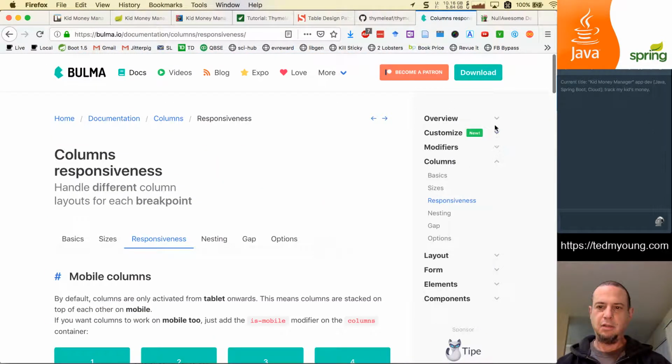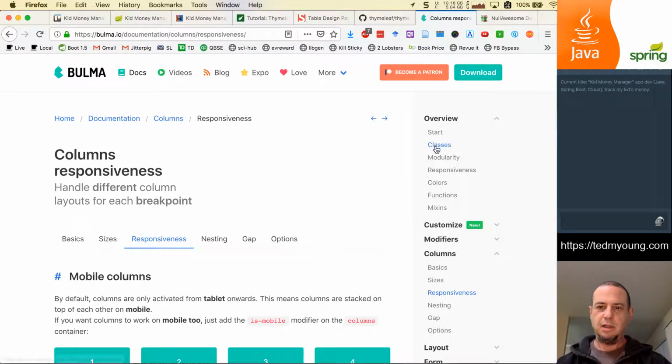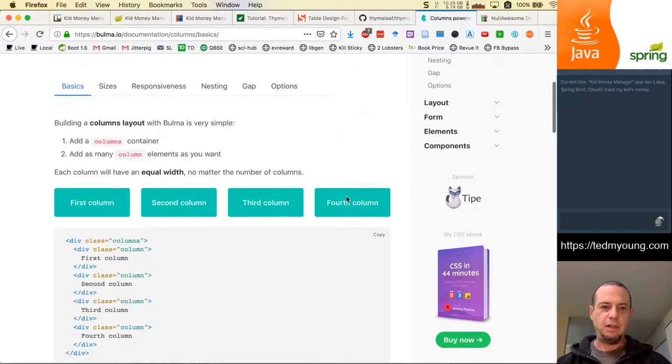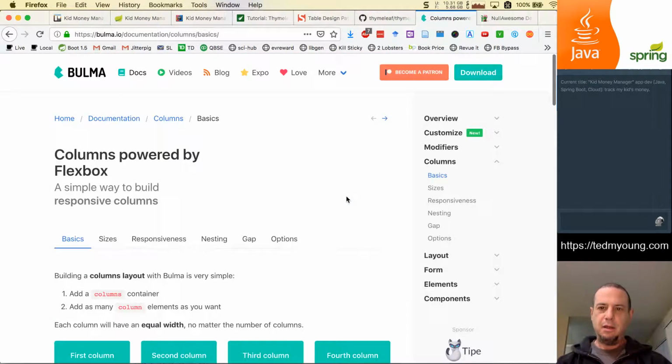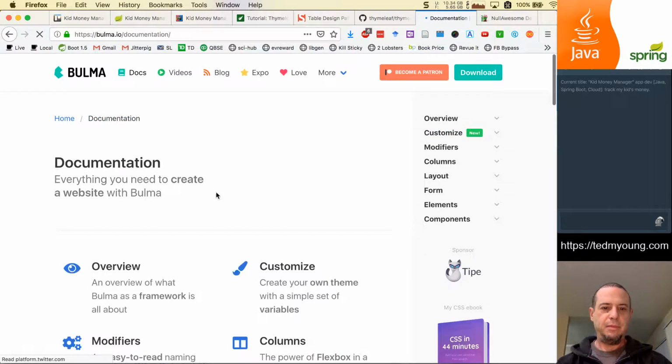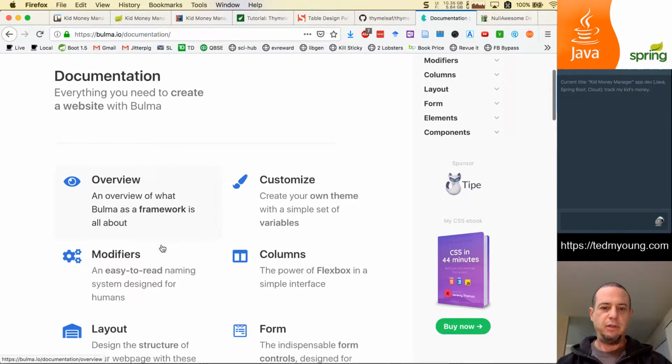I kind of just want like the basic thing. Modifiers, no. So I know it needs to go in some kind of container, but I need like a quick start. So it's an overview,